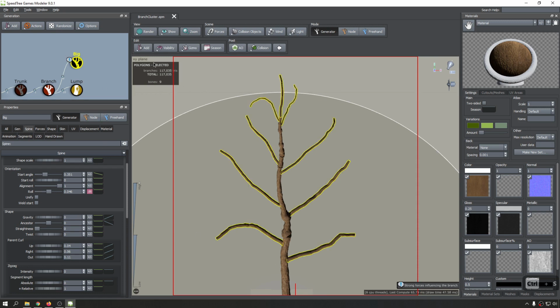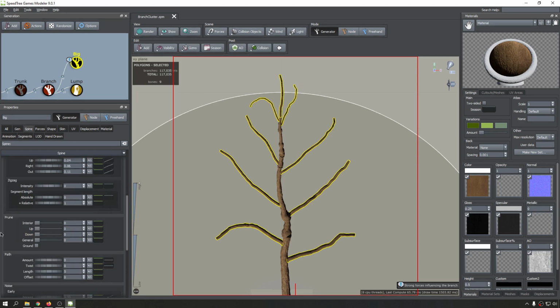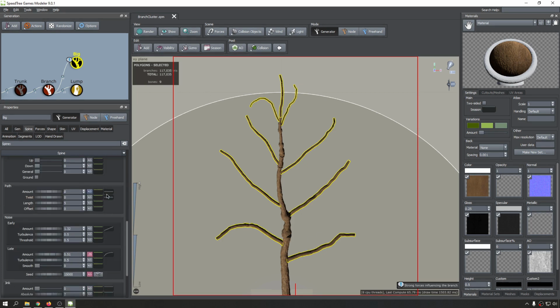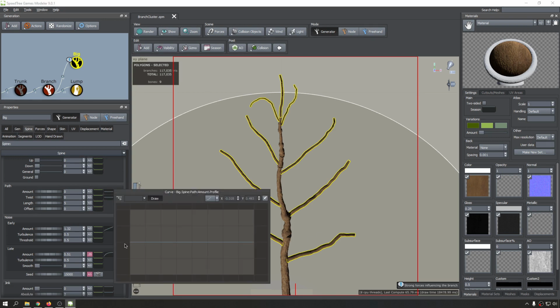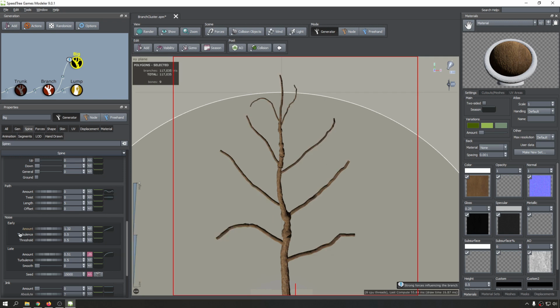And because we have so many polygons on these, every maneuver that we do is going to be taken very detailed and very much good. So for the path, I'm going to the profile and add a random path into this and bring the path amount up to give this a bit more detail. So let's go for path and just a bit of twist